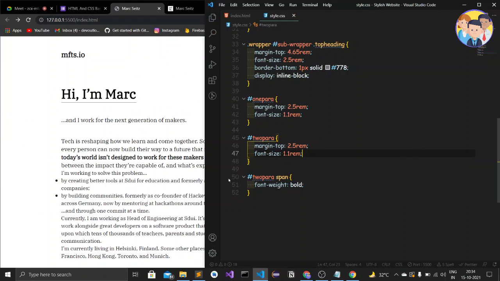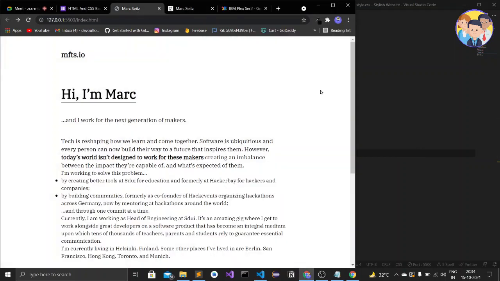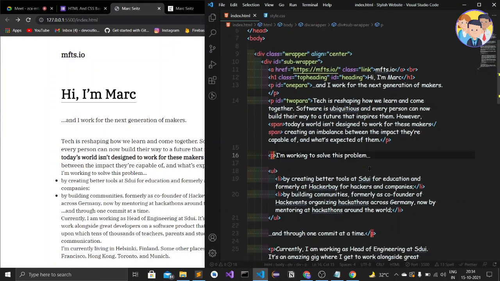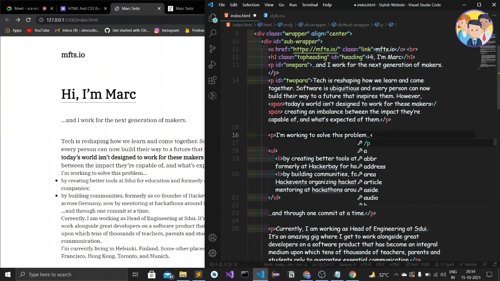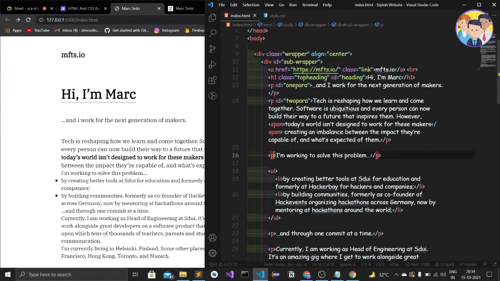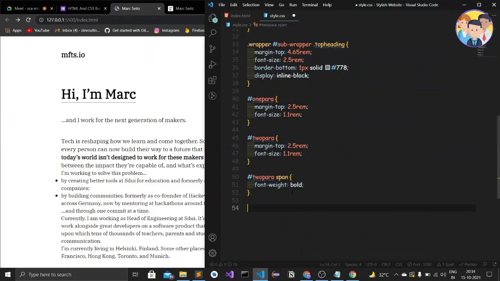So let's do another styling, which is of the third paragraph. Let's give the ID to the third paragraph, which is this one. Here I'll close my paragraph, and here I'll open it once again. I'll just save it and give the ID to this paragraph, 3 para. I'll copy this and save this, and here I'll just give a hashtag and then